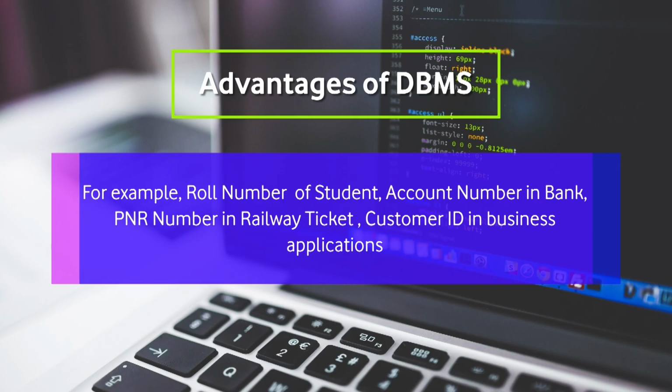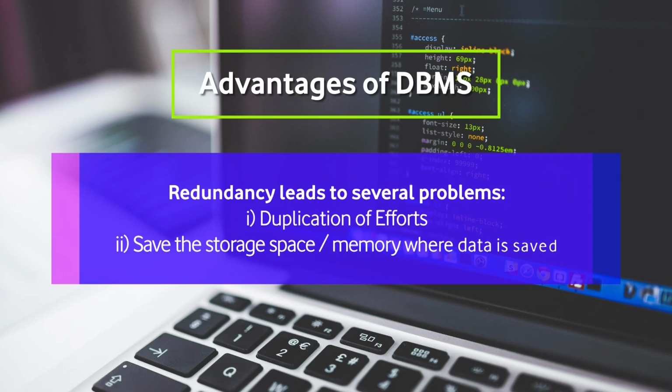And similarly, in a business system, or if you are doing online shopping, every user registered with that particular shopping platform will have their own unique customer ID. So every user or every record has its own unique identification in the system. On the basis of that, duplicacy is avoided, and that saves us from duplication and unnecessary effort to put in duplicate data, and saves a lot of memory.